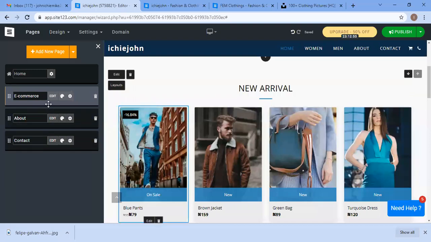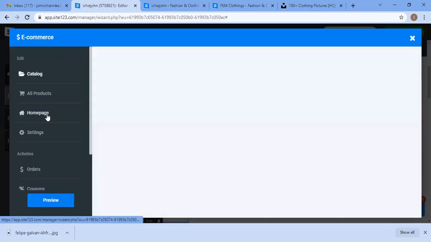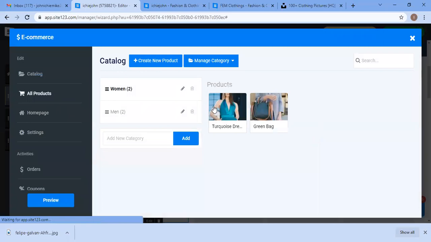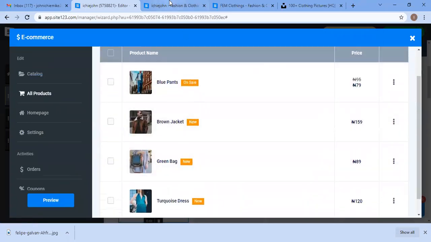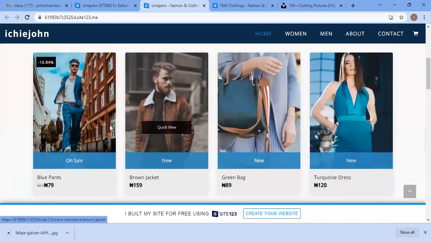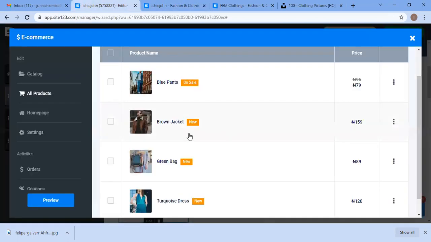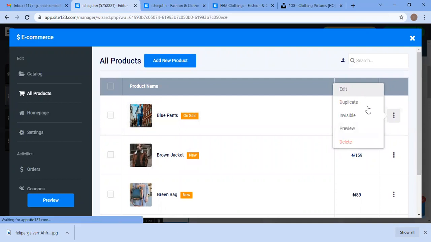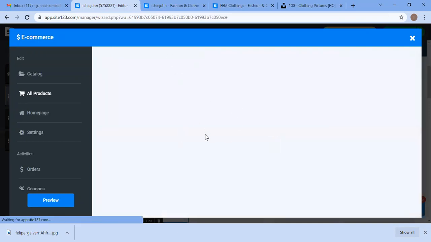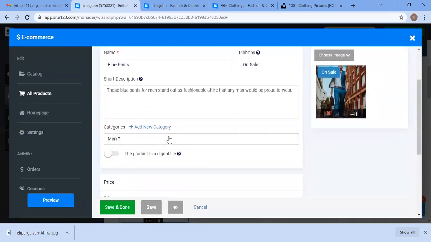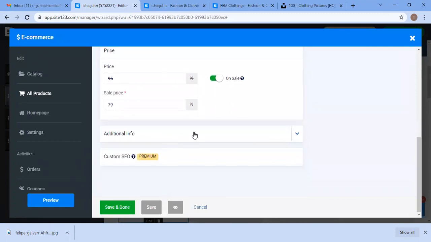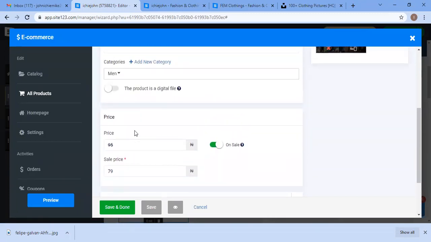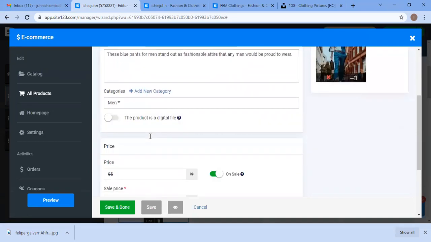So now, once you click on edit, you come back here and see all products, so categories of products. So basically, what you're seeing here, product you're seeing here, that's it over here. So now you can edit this. So come and see edit. Then fill in all the information you want to fill in over here. Now, take note